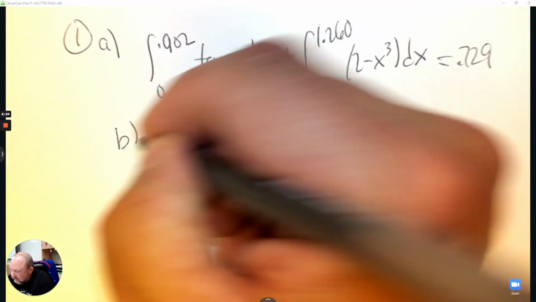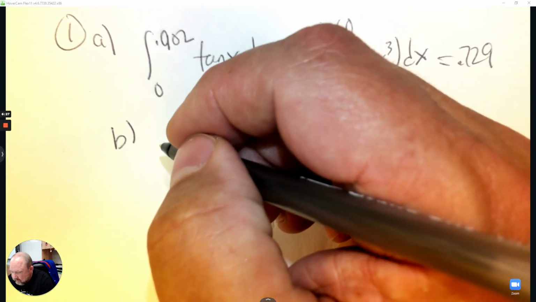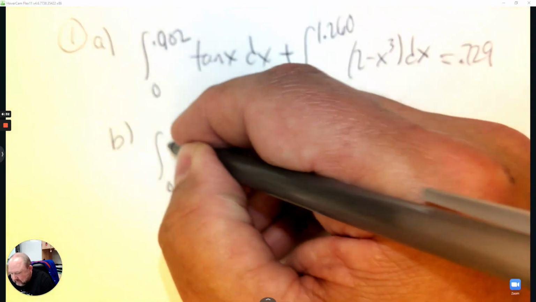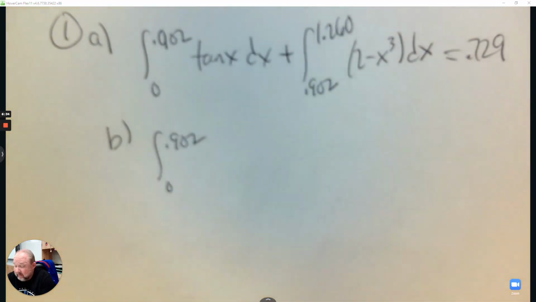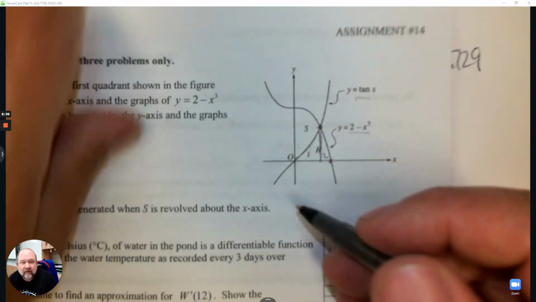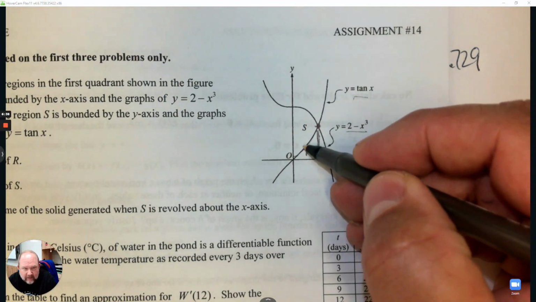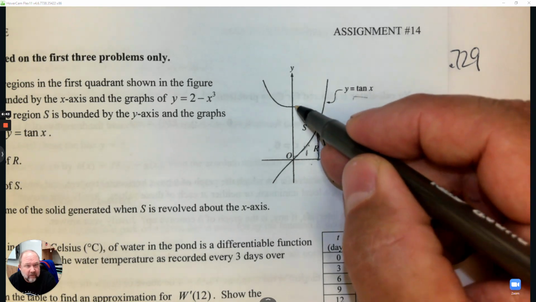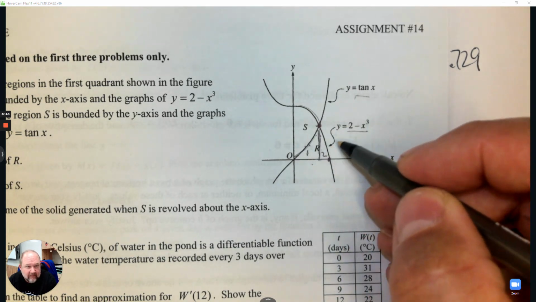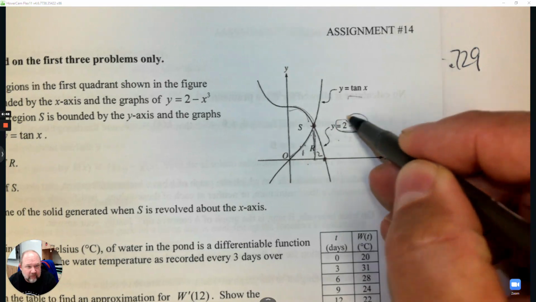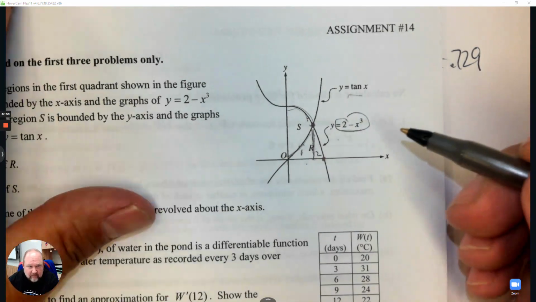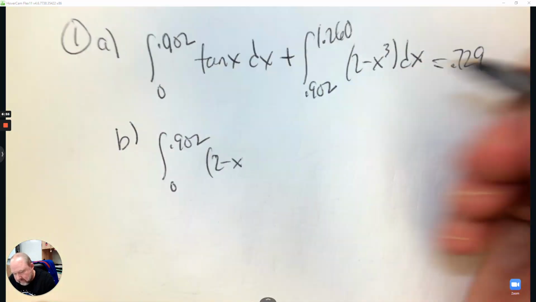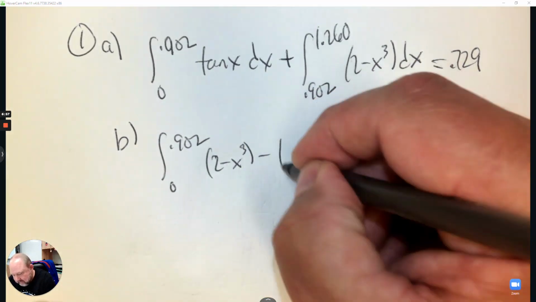Okay, part B says find the area of S. So for the area of S, we're going to integrate from 0 to 0.902. We only need one integration for S because the whole time the top and bottom are the same. For this one, top and bottom, it changed. Here, it's the same. So it's going to be 2 minus, this one's on top, subtract this one, from 0 to that number. So 2 subtract x cubed, subtract tangent x,